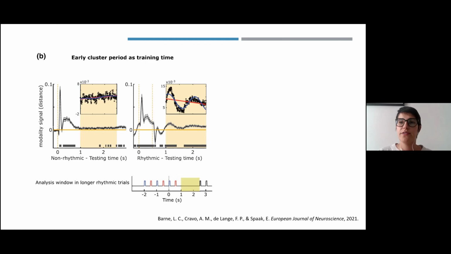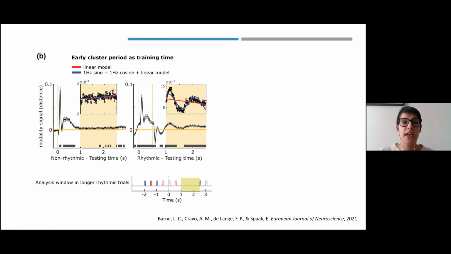Then at 1.5, it goes again to chance, basically, and at 2 it rises again. So you have this bias towards the sensory modality in which participants are expecting to see a target,